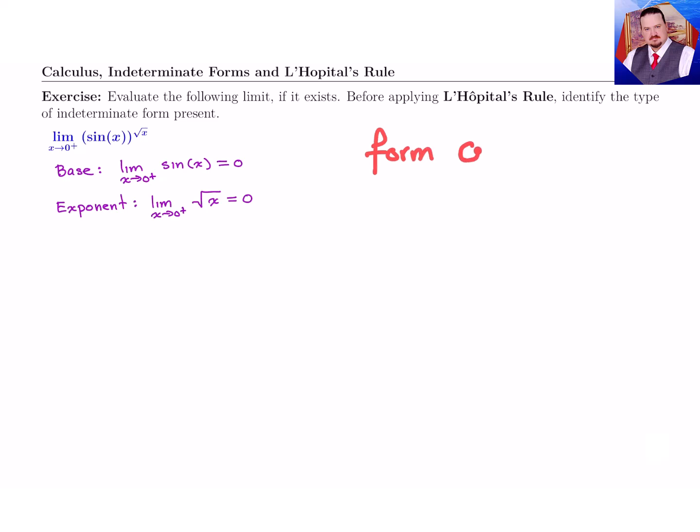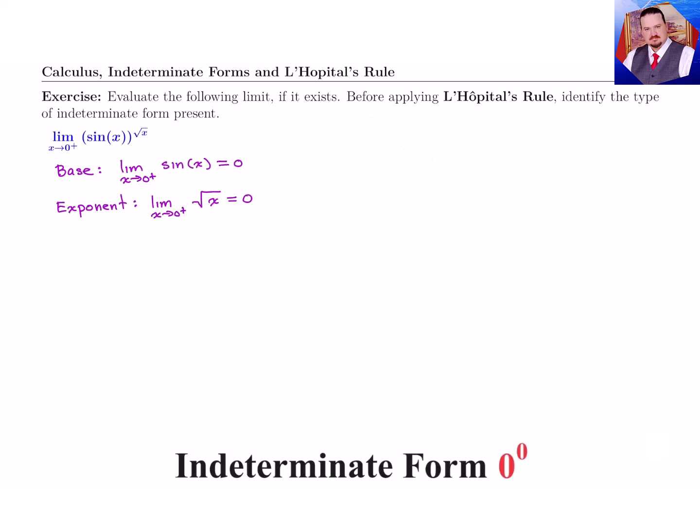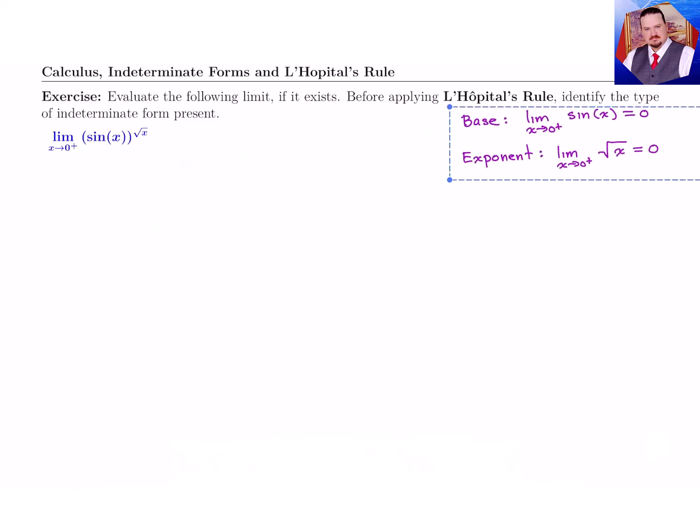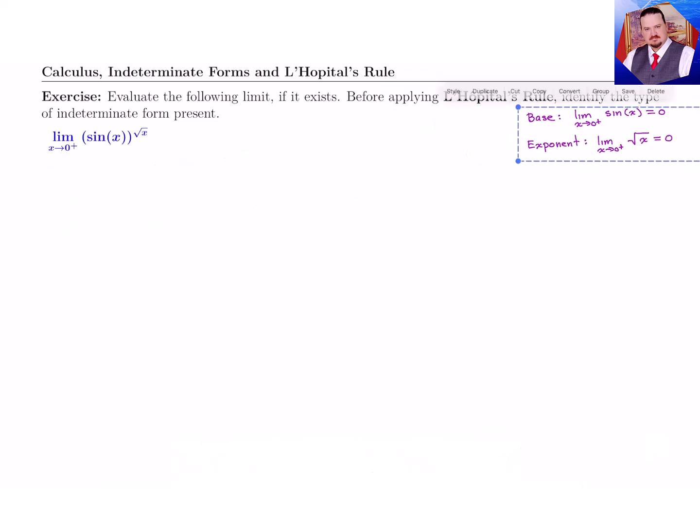Well, the base is going to 0, the exponent's going to 0, so we have the form 0 to the 0, which is an indeterminate form. Again, why is it indeterminate? Because just by noticing that fact, you can't say anything about the limit. It could be non-existent, it could be the number 1, it could be the number e, it could be basically anything it likes, so what we have to do is figure it out